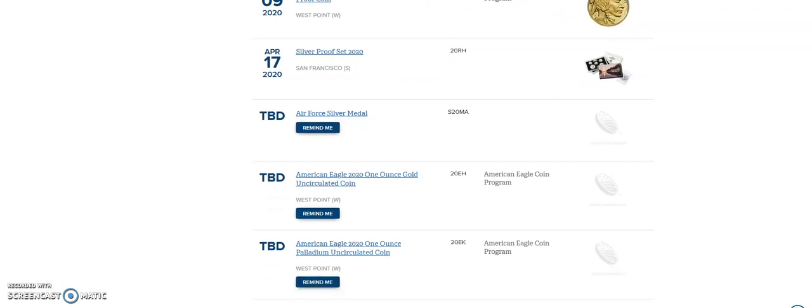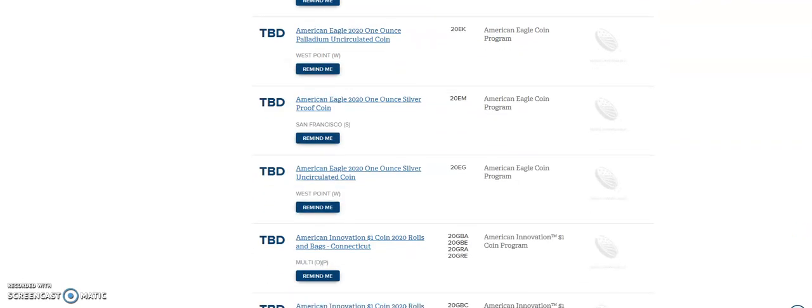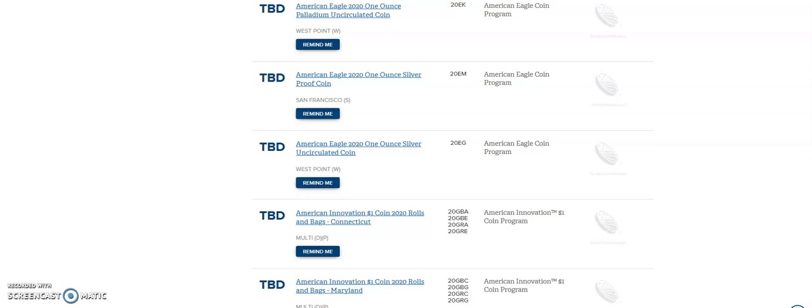And of course, 2020 is an unprecedented year. It's a different year. Some of these coins you might just want to buy for the historic nature of 2020. And of course, there's a lot of product that we don't even know when it is going to be released. Some of these things already had a release date for May, and some of them they took the date away and put to be determined, because they have no idea when they're going to be able to release it, if they're going to be able to release it. It all depends on when and if they come back